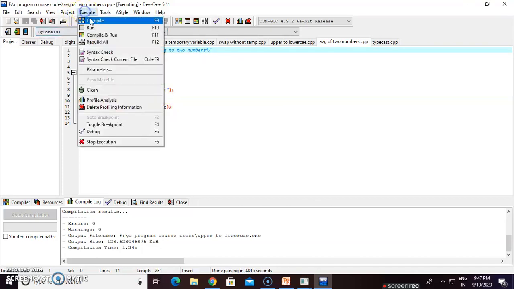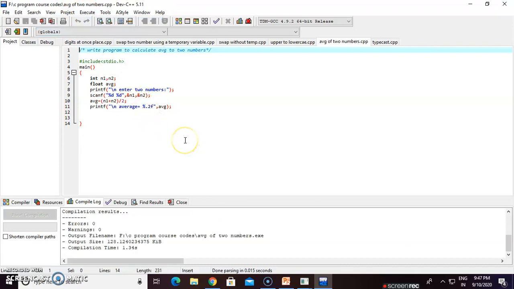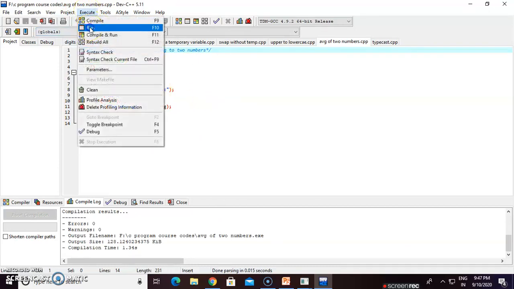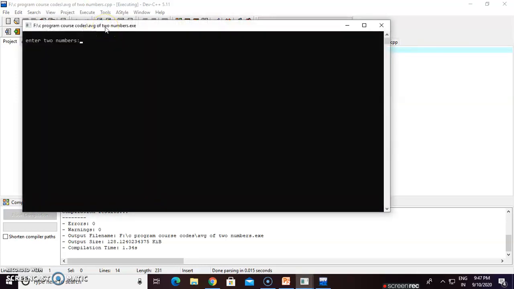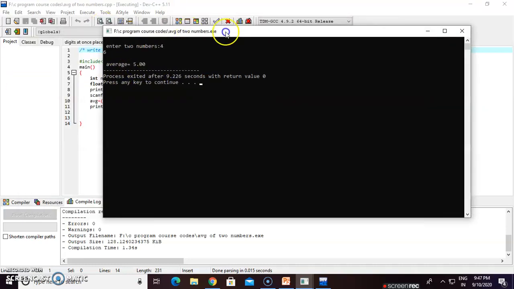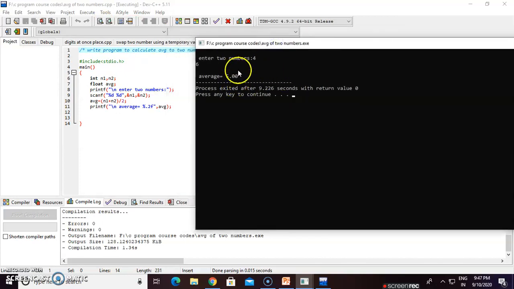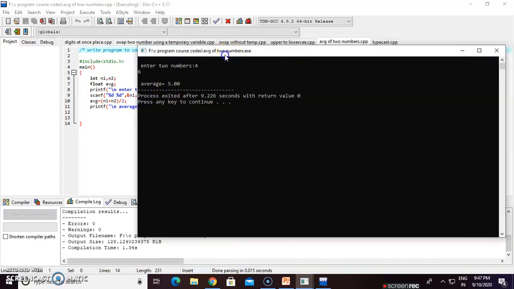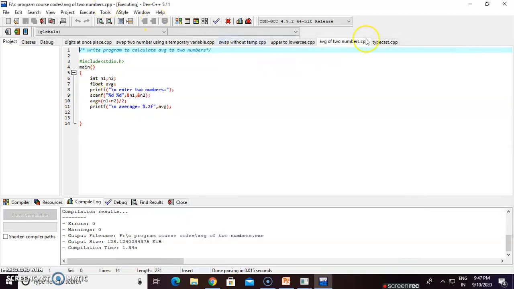So click on execute, compile, then no error, run. Then we take, like, 4 and 6. So that is the average value. Okay? 5.00. There you see after the point there are two digits, so .00. The main value is 5, but the data type is float.